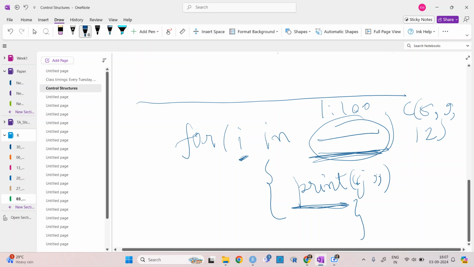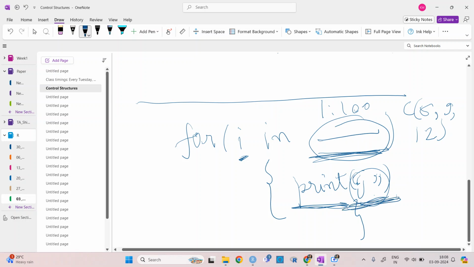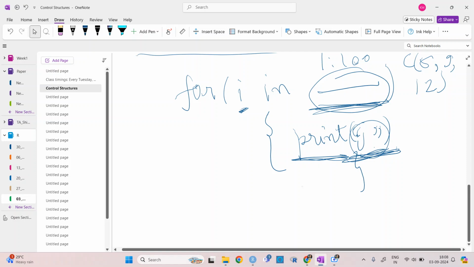You can write it as a string, that is a different thing, like you have just given print or paste something like this. But otherwise, if you give print(j), then j is not known, right? So here we will have some function of i. This is the for loop.